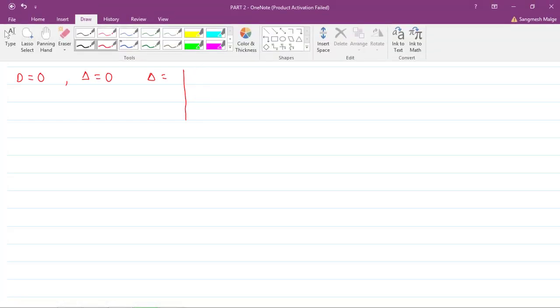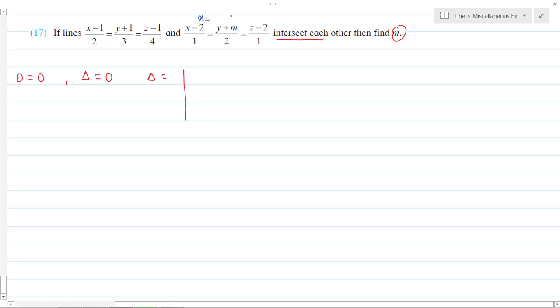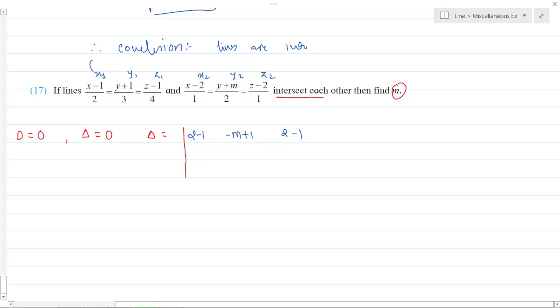Now I will directly write those values. This is my x2, y2, z2. It is x1, y1, z1. So it becomes 2 minus 1. It is minus m, minus minus plus 1, and here we have 2 minus minus minus 1. Actually, what are the values of x1, y1, z1, boss? Don't get confused. See here, what is the value of x1? It is 1, y1 is -1, z1 is 1. Here this is 2, here this is minus m, and this becomes 2. So it becomes 2 minus 1, then minus m minus minus plus 1, and 2 minus 1. It's very simple, boss. See, whenever you have confidence, only then write directly, otherwise, don't write directly.